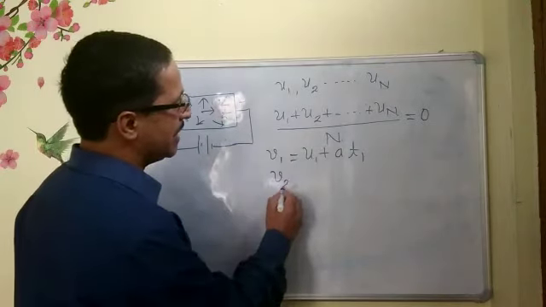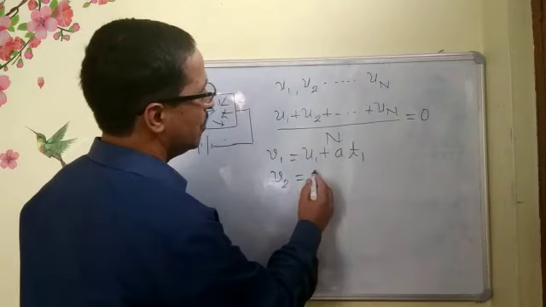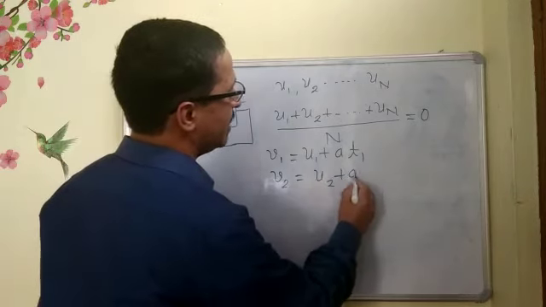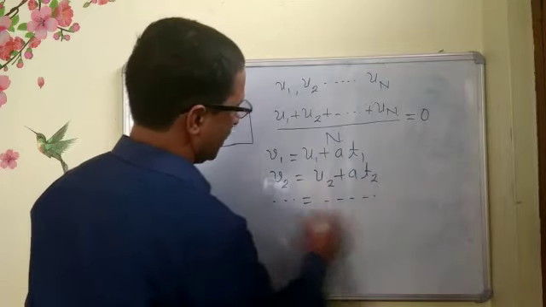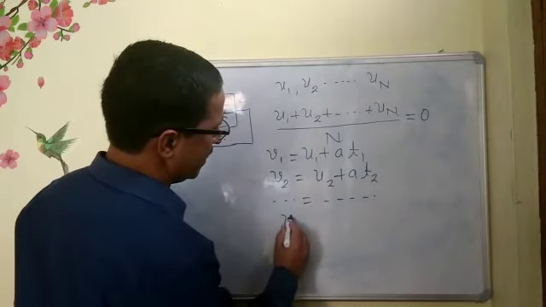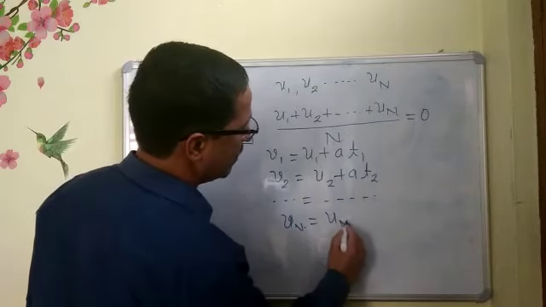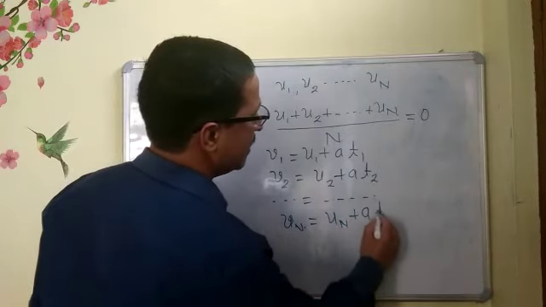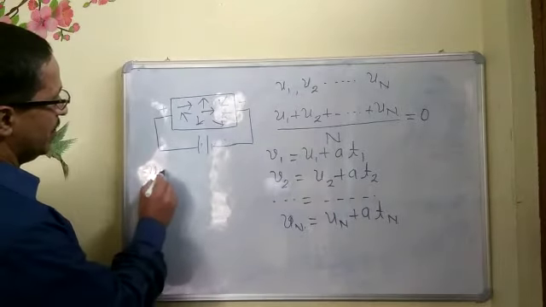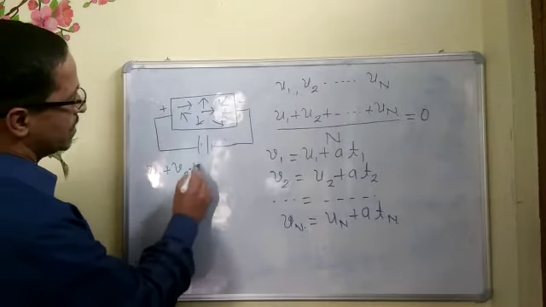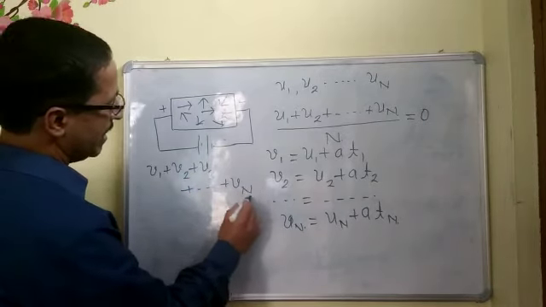Similarly, the velocity gained by the second electron due to this electric field will be u2 plus a t2, and so on, and the velocity gained by the nth electron, vn, will be equal to un plus a tn, so that (v1 + v2 + v3 + ... + vn) divided by n